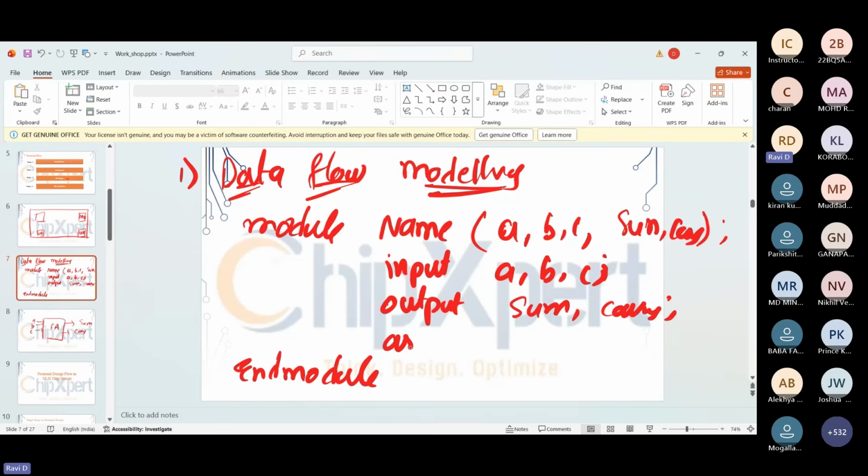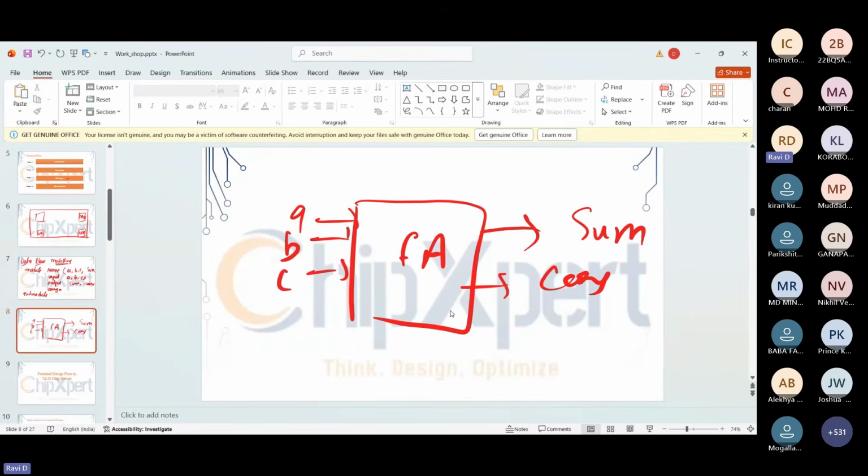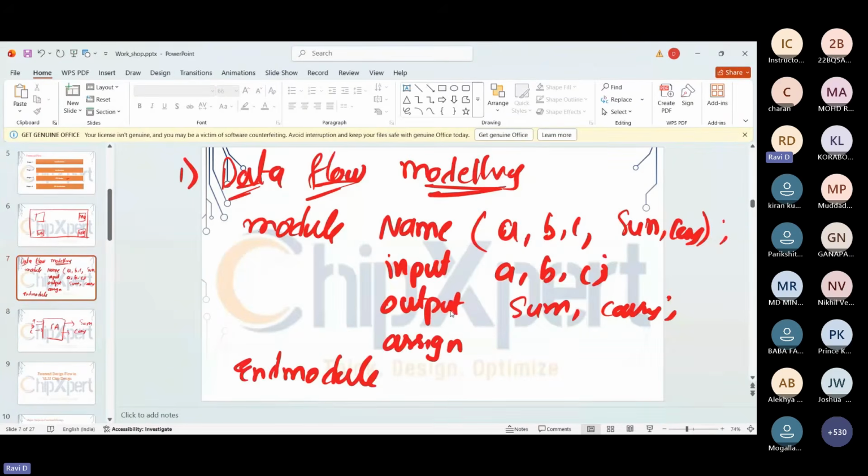We write it by using the assign keyword. The assign keyword is a continuous assignment, where it continuously drives the data to your output wire. Here the output is a wire. Wires won't store any data. We have different kinds of data types in Verilog, mainly categorized into two: reg and wire. Reg is nothing but register, and wire is nothing but net.